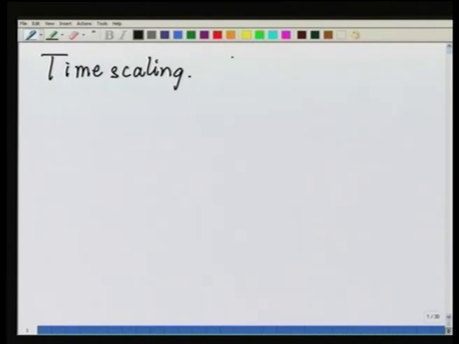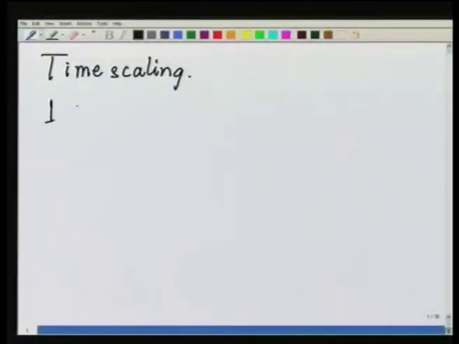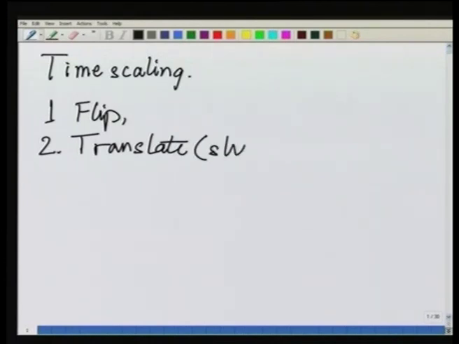Now, one thing that we should understand by now is that of the 3 kinds of domain transformation operations or time axis transformations that we have discussed, namely flip, translate and scale, one can generate further transformations out of these by combining them 1 or 2 at a time or even all